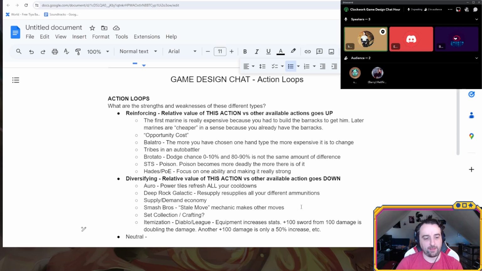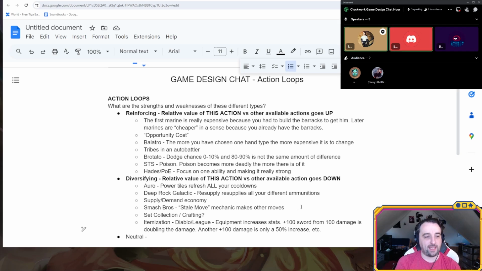I have a question about that. In this case, when we're talking about Diablo, we're talking about your attack damage, right? Couldn't the case be made that you could add the 100 damage extra sword, but then you said you could also diversify by increasing your attack speed.